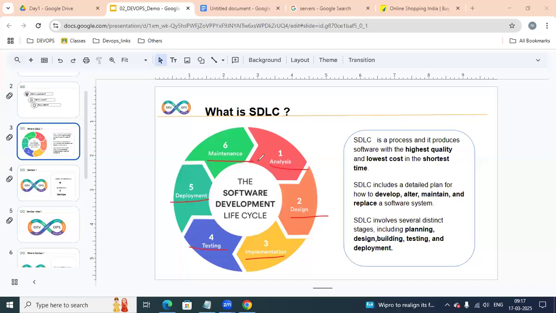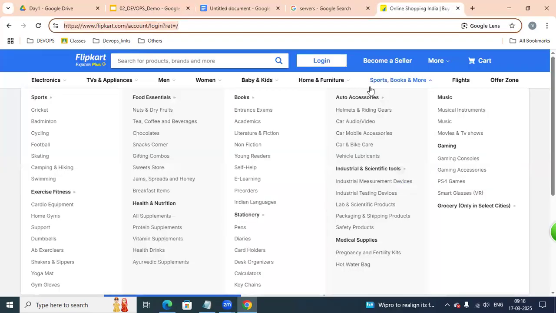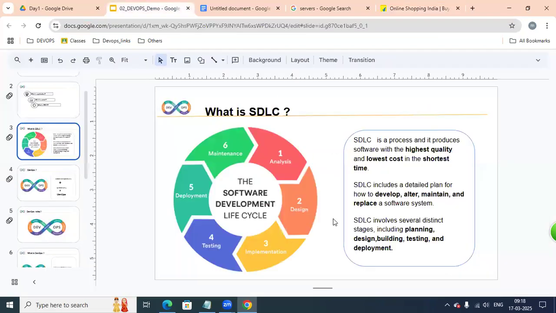By following these stages and phases, we can implement software and do business on the internet, like Flipkart or Amazon. If you want to build an application like Flipkart, Redbus, BookMyShow, or whatever it may be, we have to follow these stages.